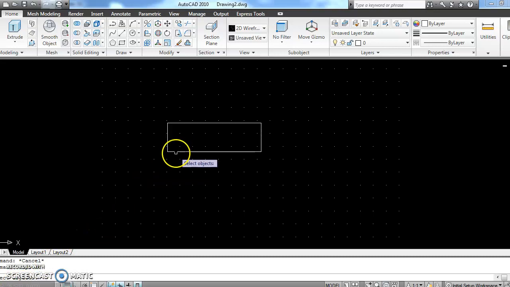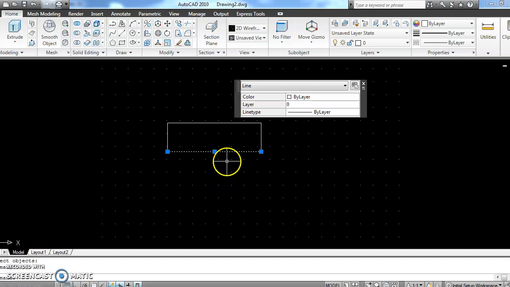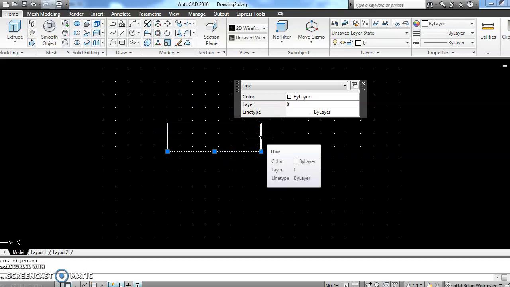So select the object. The entire object is selected. Once the object is selected, click on enter. Now you can see here only this line is selected, whereas the other 3 lines are unselected. So this is how the explode command works.